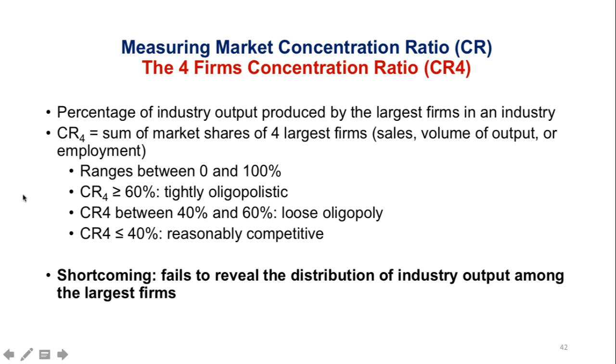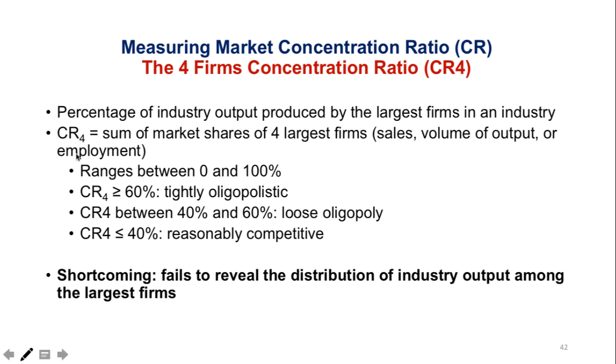And then, if you look at the ranges, which is basically between 0 and 100%, if the CR4 for these four largest firms is greater than 60%, it means that they are tightly oligopolistic. If they are between 40 and 60%, they are a loose oligopoly. And if they are less than 40%, they are reasonably competitive. So the problem with this